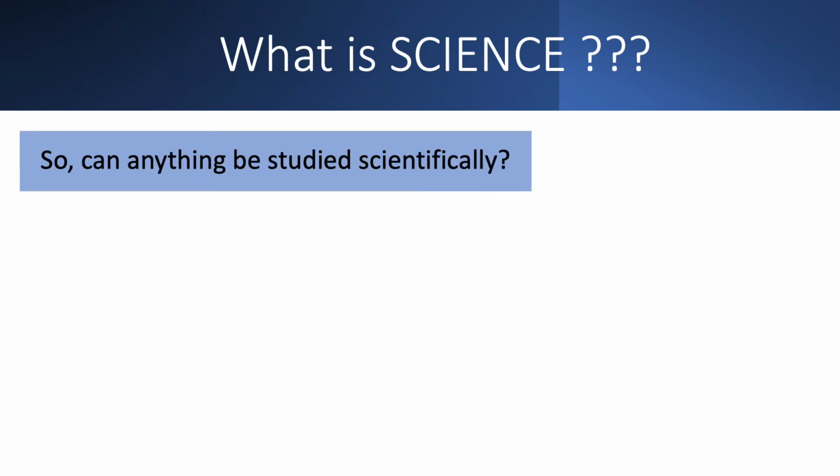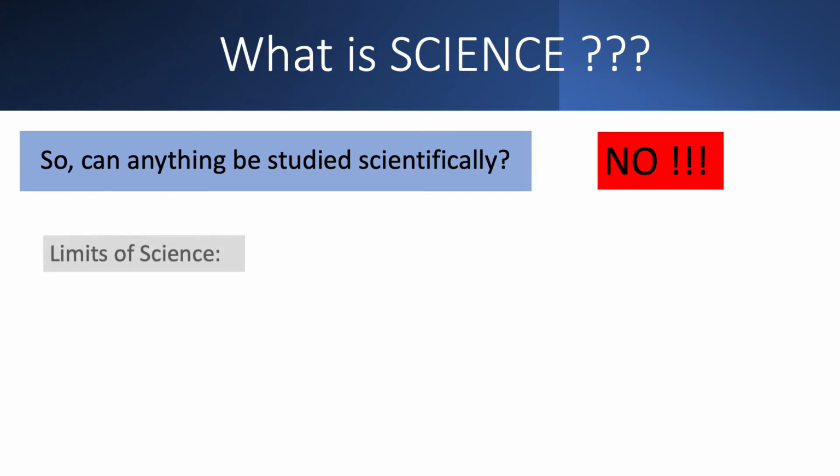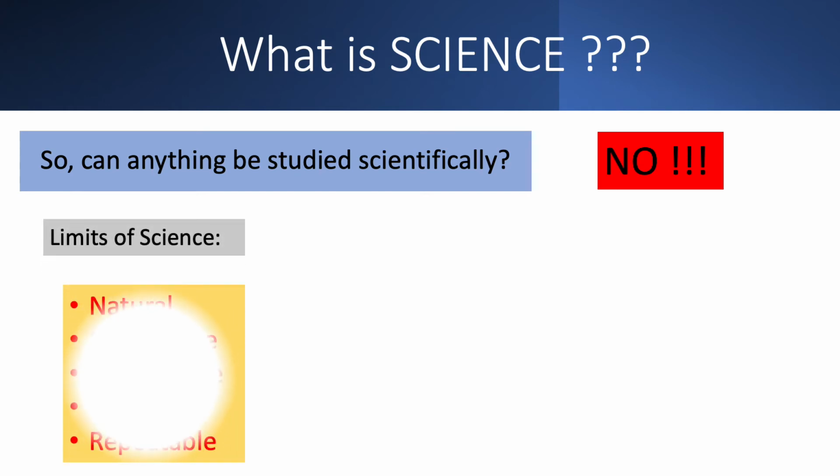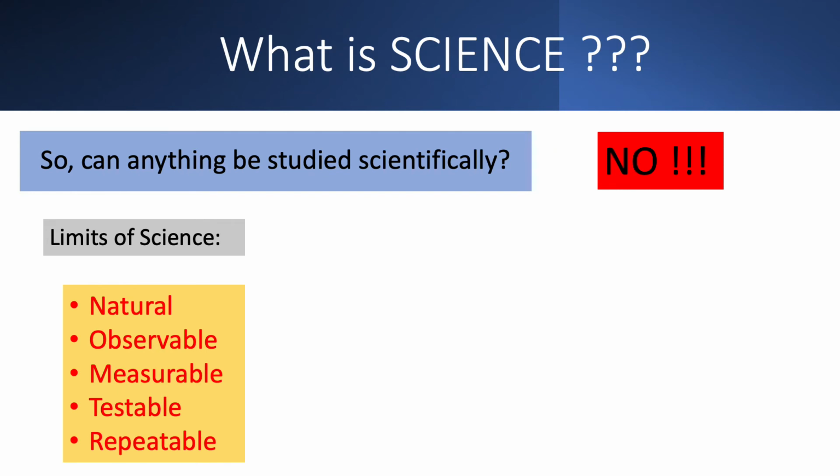So here's a good question. Can we just study anything we want? Sounds like science is awesome. It's powerful. It can do just about anything we want. And then you find out that the answer is a big fat no. All right. Let me tell you what science is limited to. You ready? 5 things. This will be on your homework and on your test and quiz too. So here they are. We're going to come back to what natural actually is, because it's going to mean a little bit different than what you think.